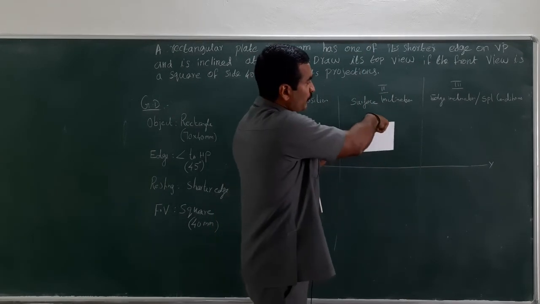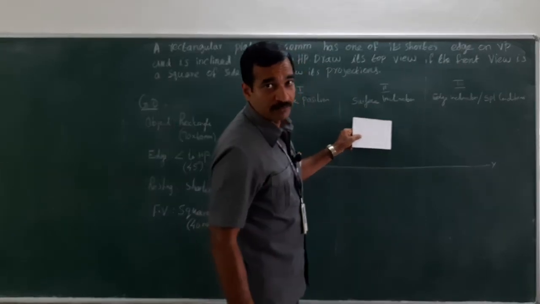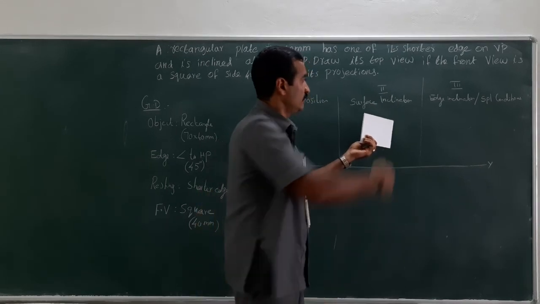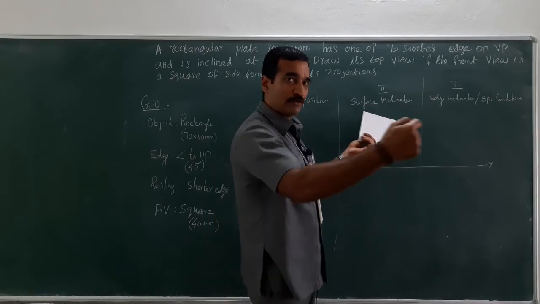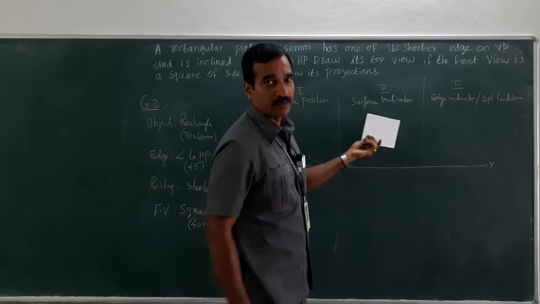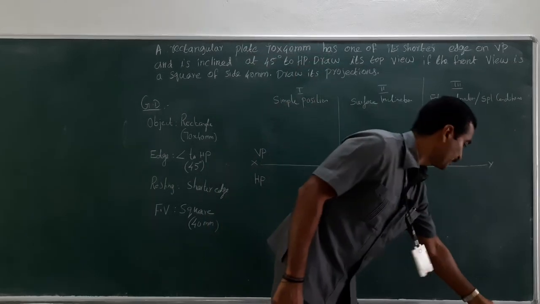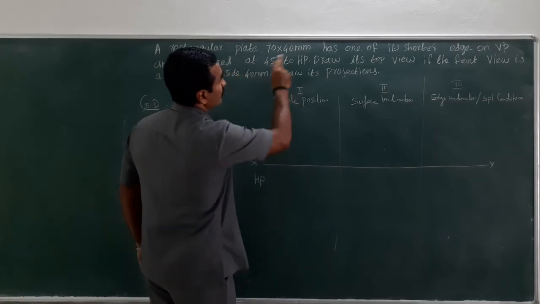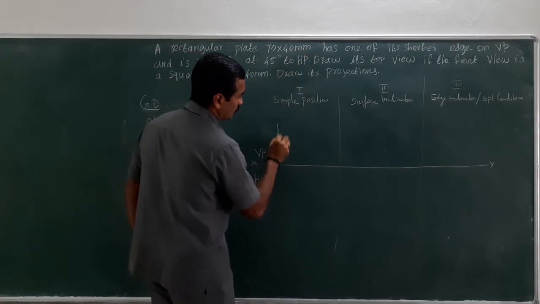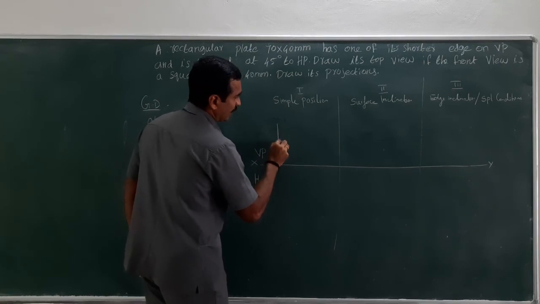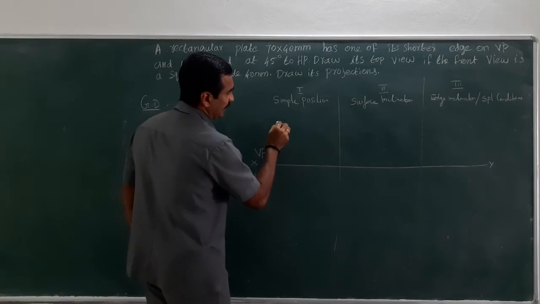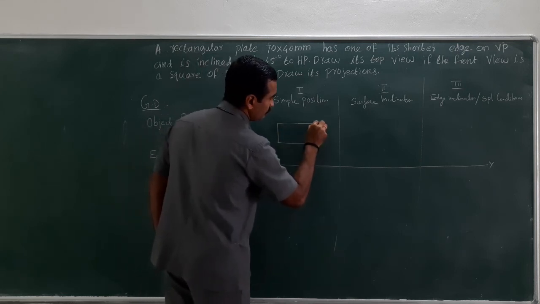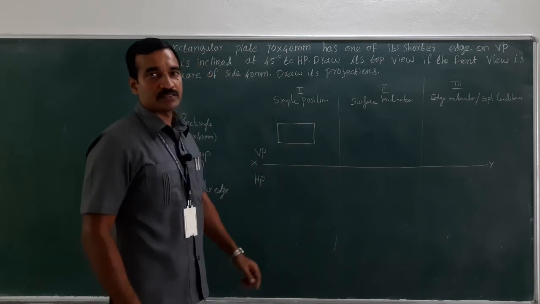So if the shorter side is on VP with inclination with VP, now when you look at it from the front, you could see a square. So don't forget it. Here the shape of the rectangle is 40 by 70. So this is 40 mm, and keep a protractor to draw the 90-degree line of 70 mm. This is how the rectangle is obtained.